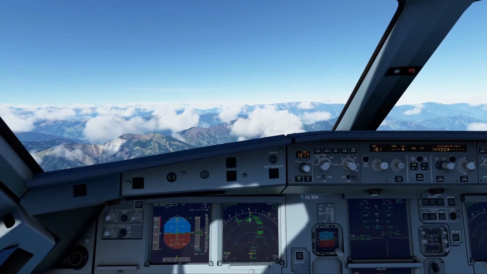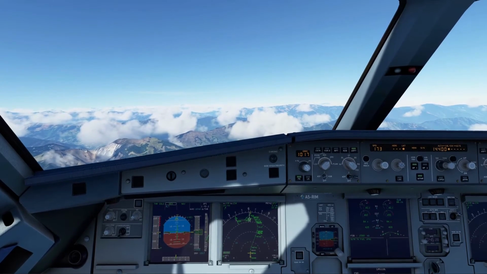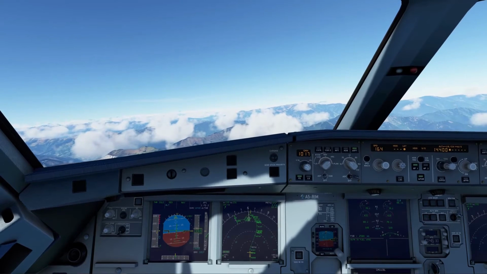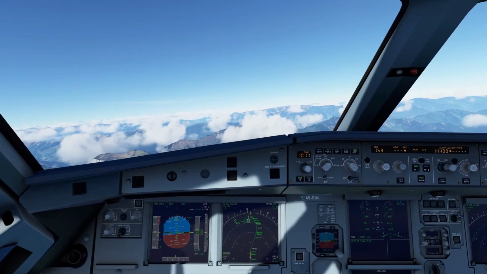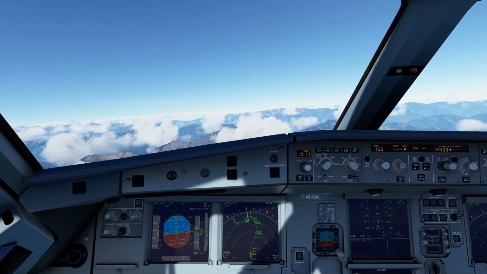And as we do that, we'll just bring our speed down to about, say, 150 in preparation to meet that 145 or below. Let's say 155.